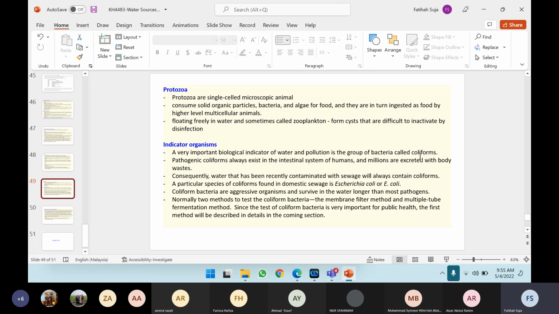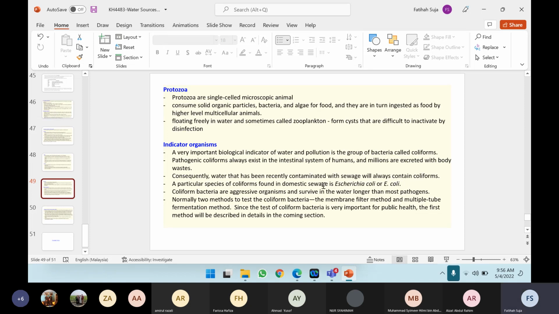So not all coliforms are pathogenic, but these coliforms always exist in the intestinal system of humans, and millions are excreted with body waste. Consequently, water that has been recently contaminated with sewage will always contain coliforms. So the coliform that is related to domestic sewage is E. coli, Escherichia coli. So if you become very specific and you have E. coli, then you know that the water has been